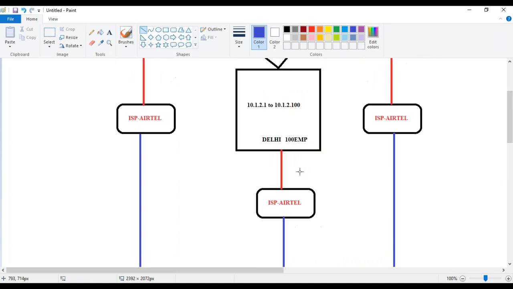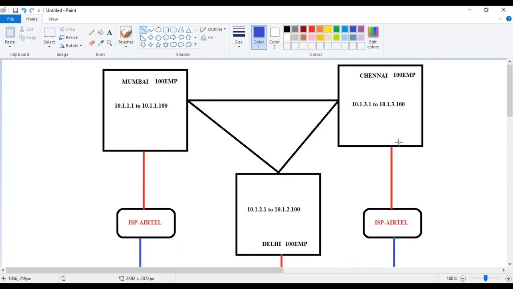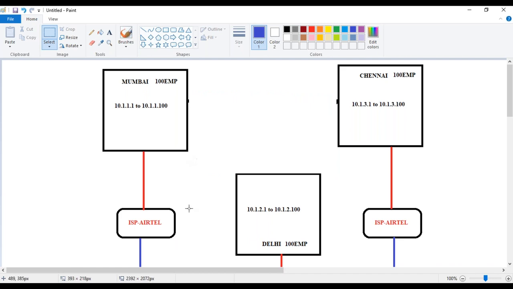So this is how your three offices use the ISP Airtel, but they communicate internally. This triangle is not needed here. Through these ISPs they're already connected.